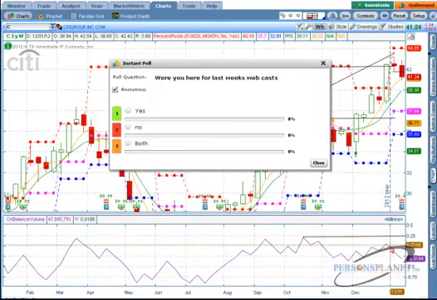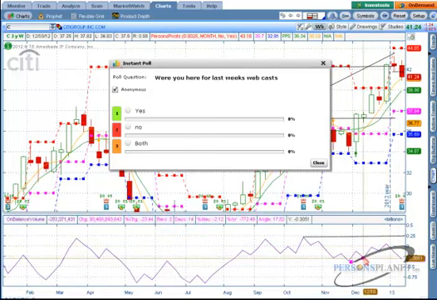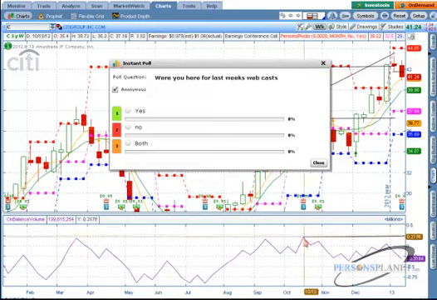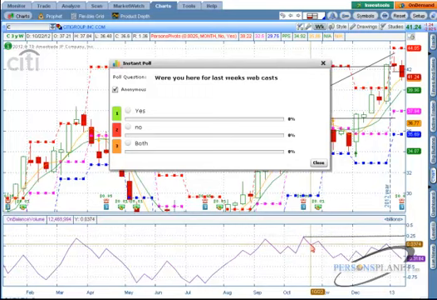But there isn't a lot of volume associated with it. When this market rallied that amount, it did not attract new buyers in the market. I don't know. What do you think of that now?